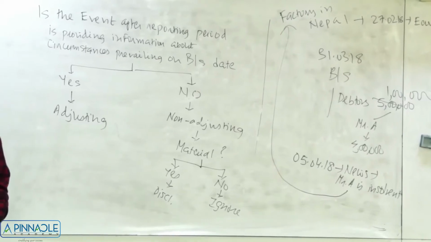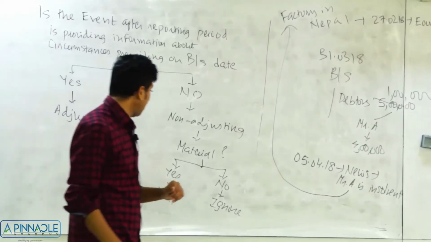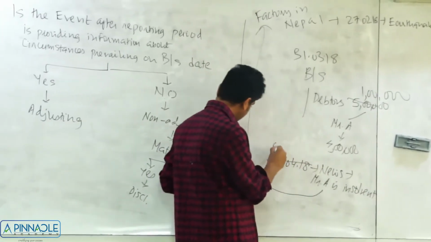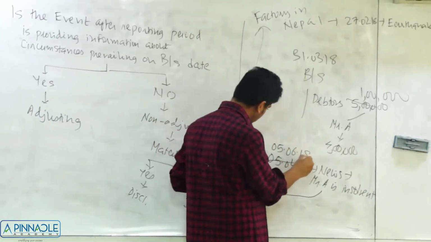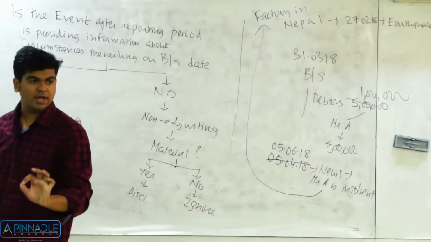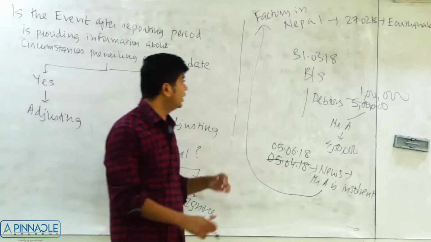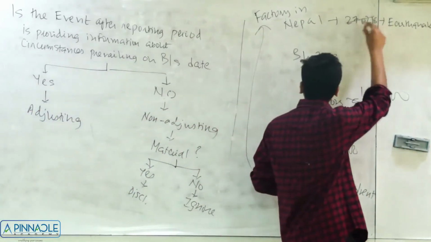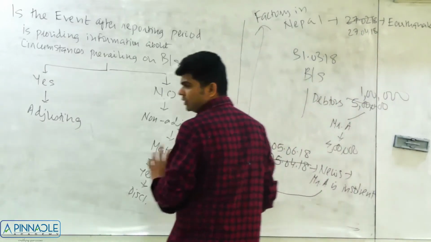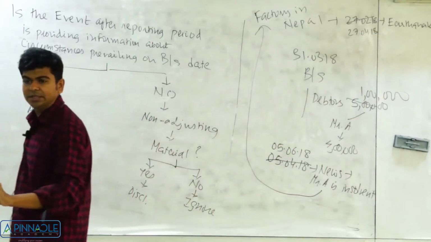Everyone fine with it? Okay. Let's make a slight change over here. This news, let's say, is now on 5th June. Let's still assume that the books are open. We have still not approved the books. And this earthquake, it has happened on 27th April 18. So these are slight changes in the dates.